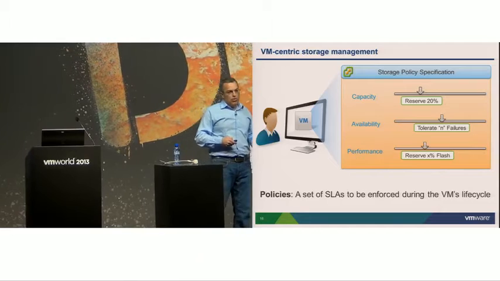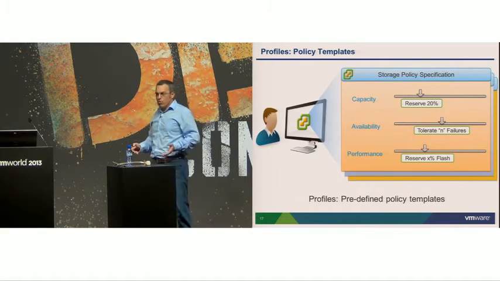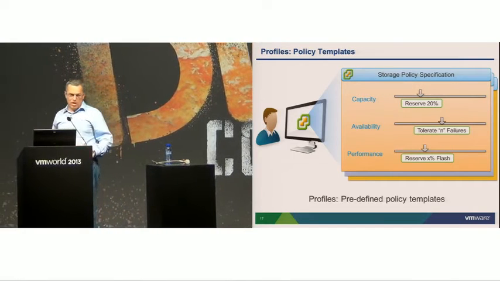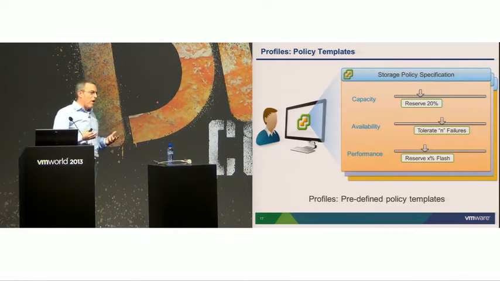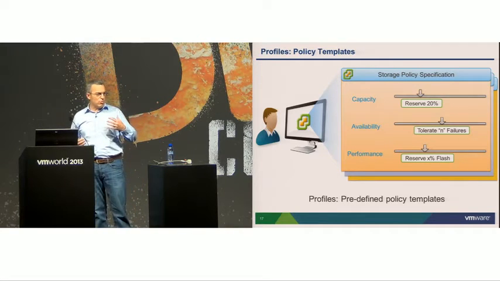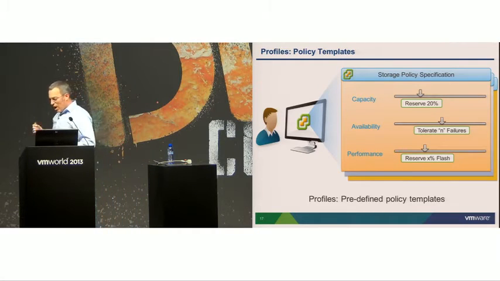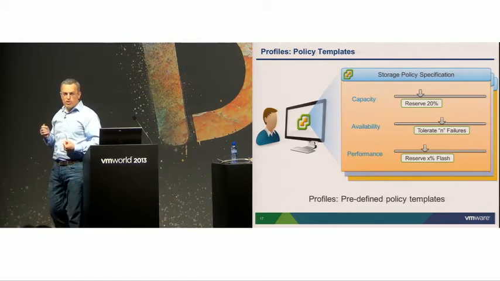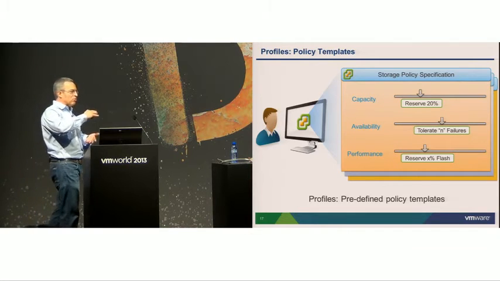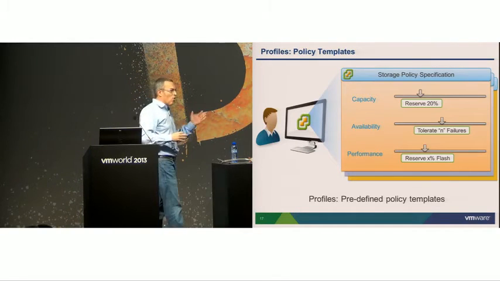Now, you tell me, if I have thousands of VMs to provision, do I have to specify a list of policies for every single one of them? No, this is not very scalable. So what we have done is we're providing a wizard through which somebody, typically an administrator that is aware of storage properties and the workload characteristics of applications, goes and creates a number of templates. We call them policy profiles, storage policy profiles, that capture a set of those policies that are applicable for a certain application, for certain classes of VMs, and gives them names like gold or silver, or perhaps